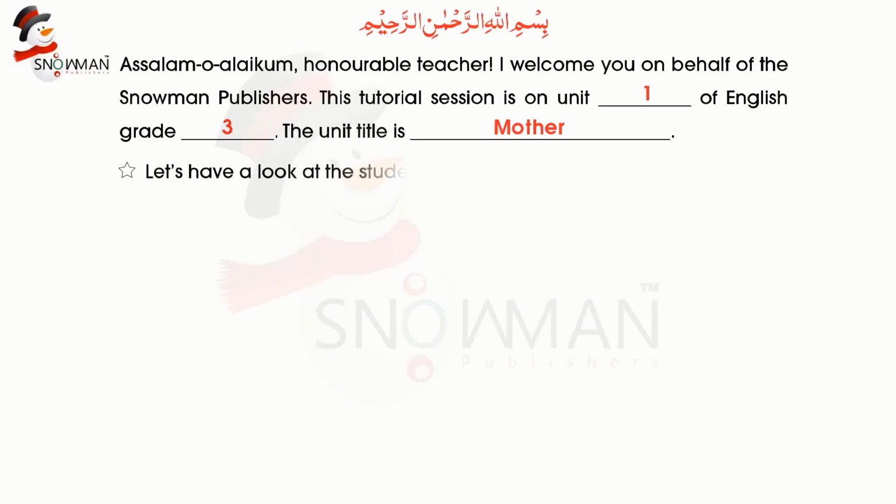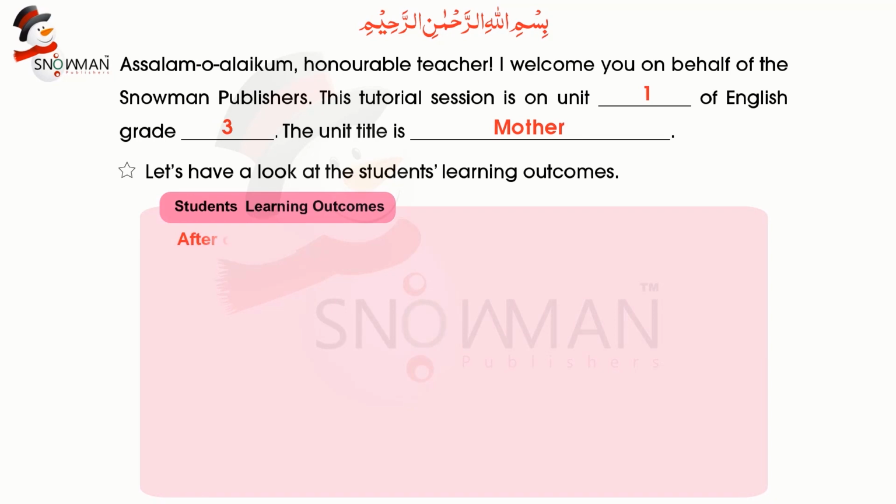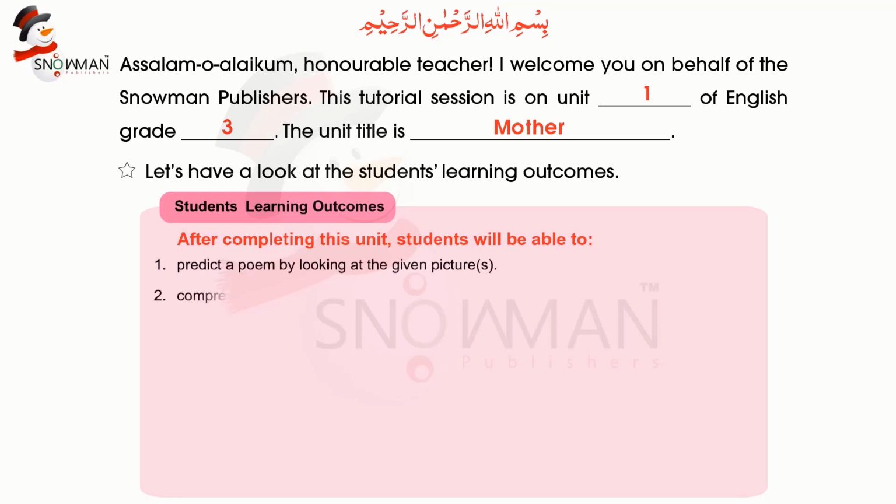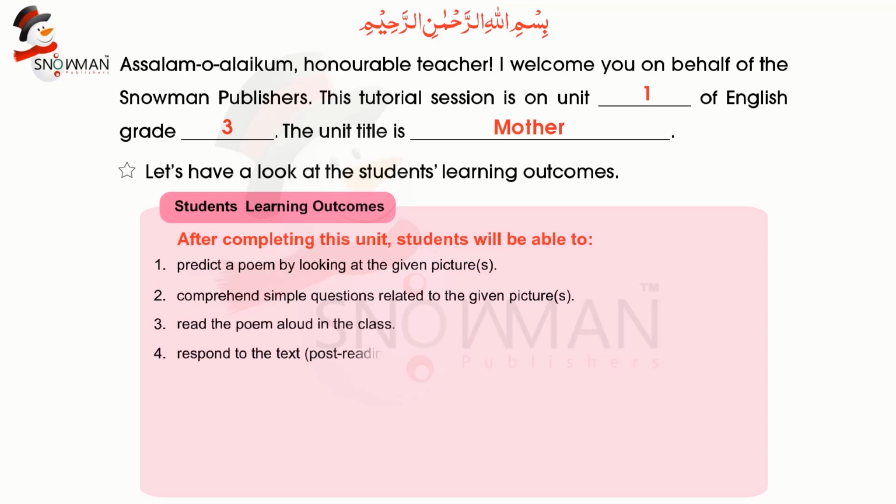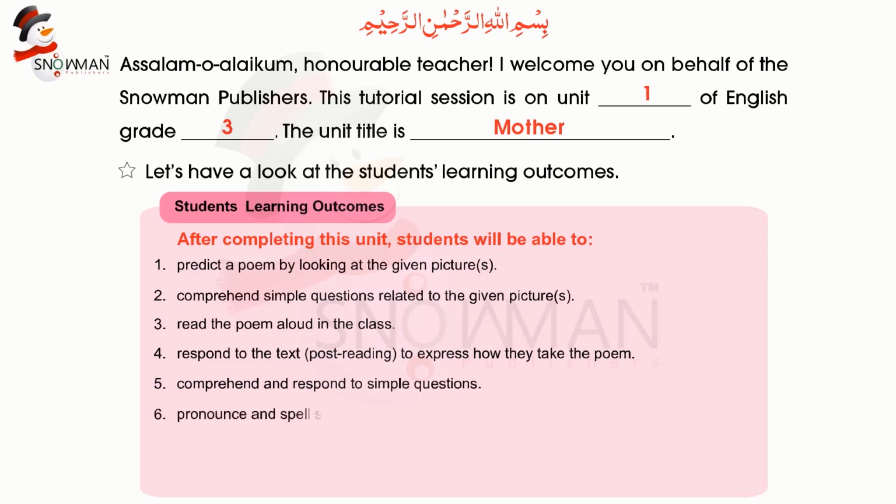Let's have a look at the students' learning outcomes. After completing this unit, students will be able to predict a poem by looking at the given pictures, comprehend simple questions related to the given pictures, read the poem aloud in the class, respond to the text post-reading to express how they take the poem, comprehend and respond to simple questions, pronounce and spell simple words with silent letters K and W,